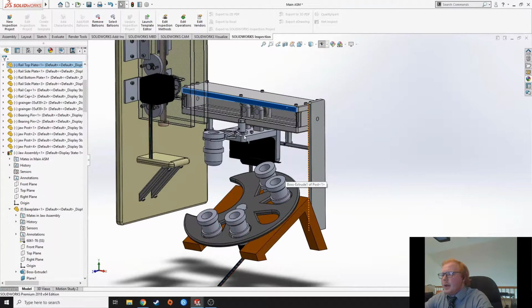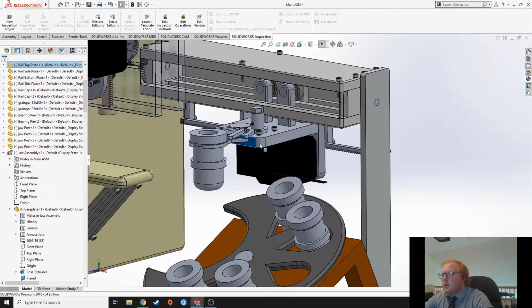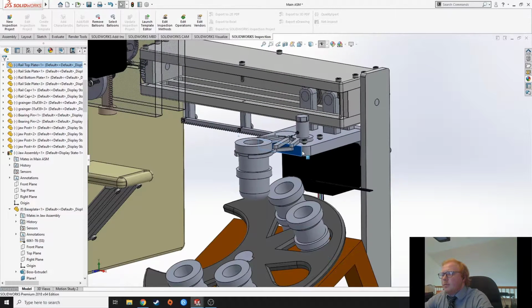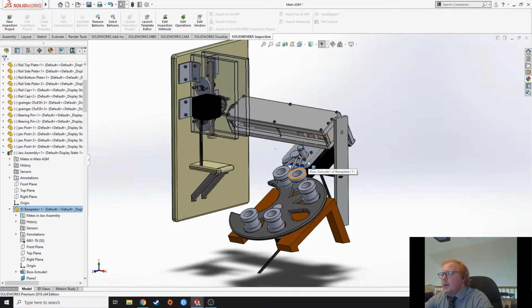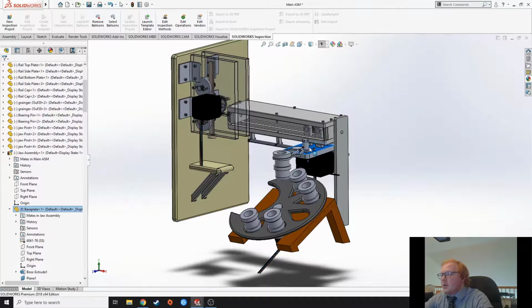From there, it rotates back all the way down the rail, places the container, opens the jaws, and then waits for another sample to be